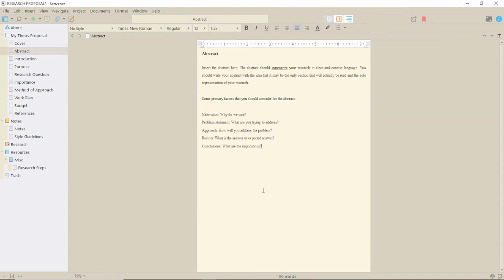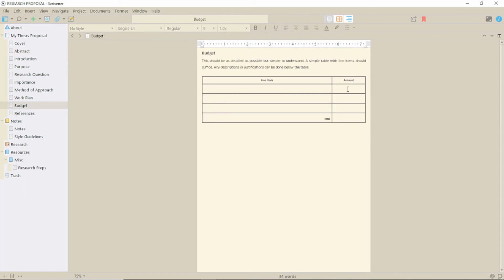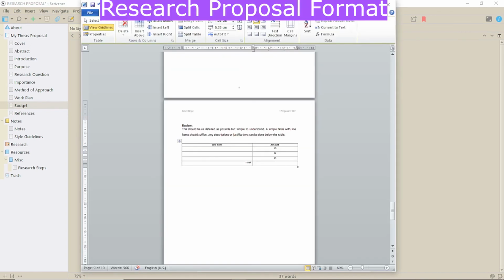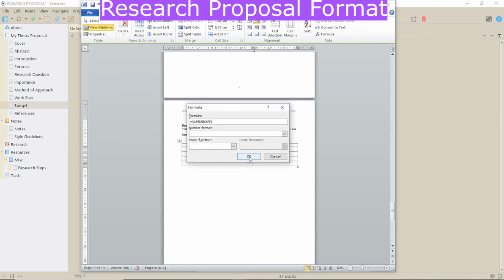With regards to the budget table, the main thing you need to think about here is that the table isn't going to add up for you. If you have a lot of elements, you might want to import a JPEG of your calculations from elsewhere. Or leave filling this out until you generate your Word file, and then you can add a simple add function to the total.